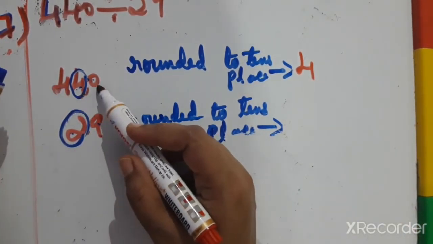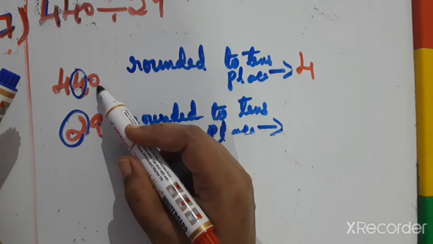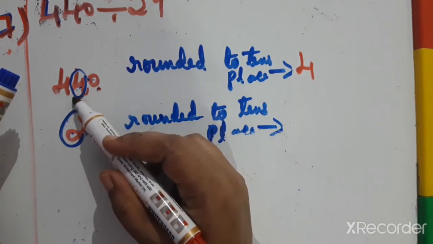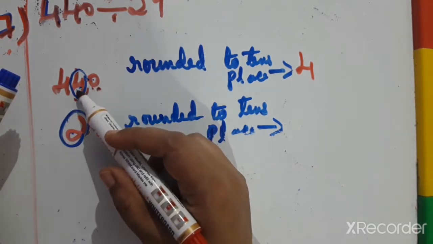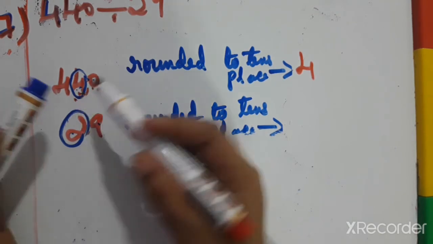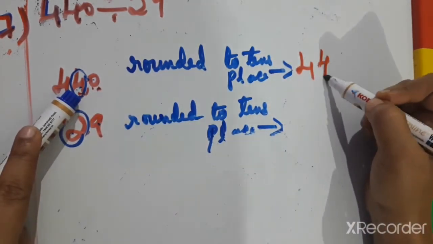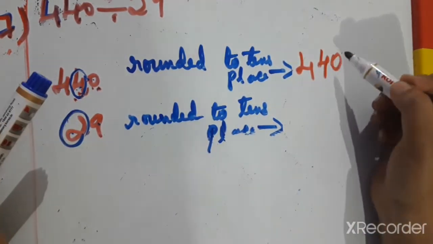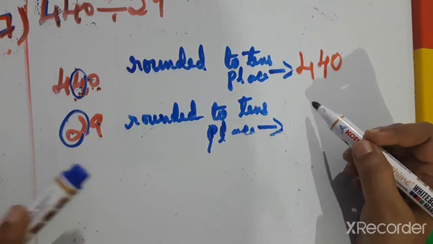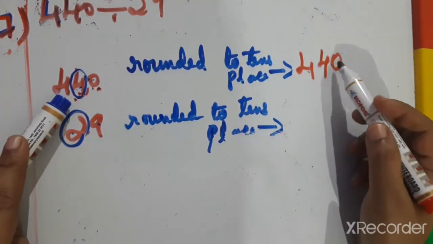And this number is rounded off. So we have to check our next number. If the next number is 5 or greater than 5, then 1 is added here. So here, less than 5 means this number stays the same as it is, no changes. For less than 5 no changes, then once the door is knocked, that person stays the same. So 440 is rounded to 440 only.